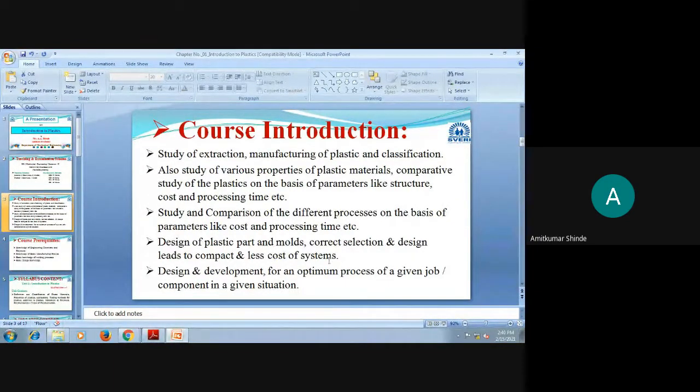We are going to discuss the design of the different plastic components. In that we are going to consider the design of the different molds. Then how we are going to select the proper design